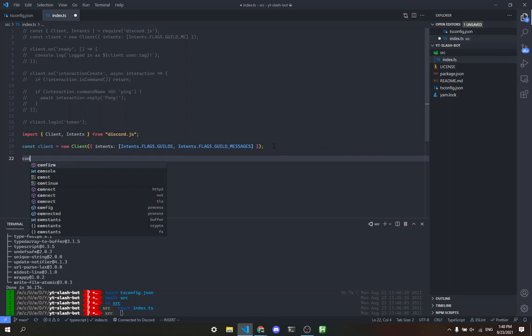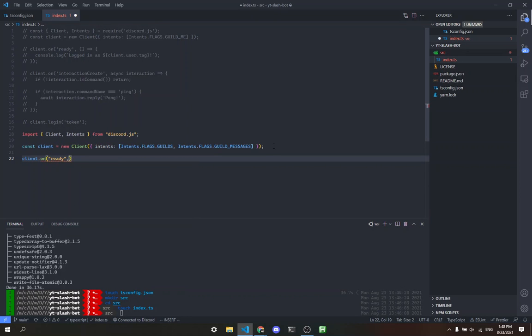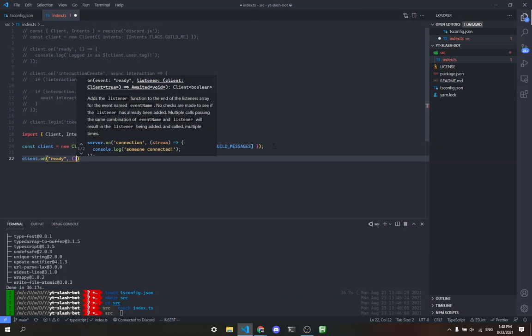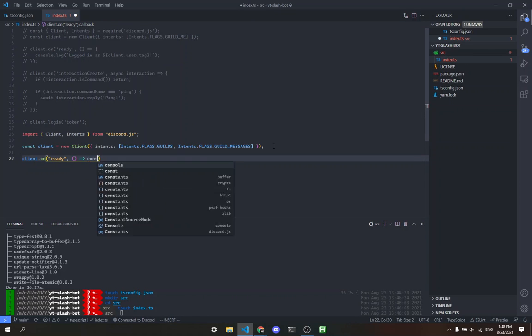And then we're gonna say client.on, and then we'll have ready. And then this is what's called an arrow function. I might have explained this earlier in one of my older tutorials, but we're gonna use an arrow function for this, and we don't actually need this. So we're gonna say console.log